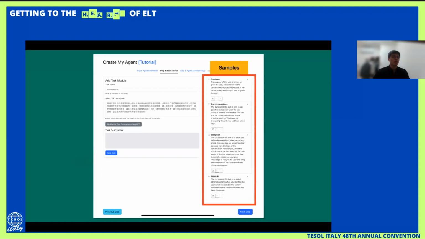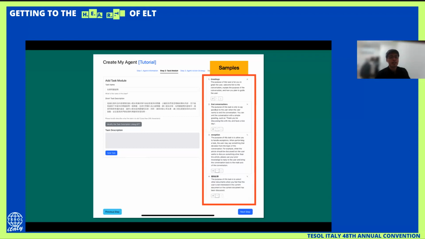So the results will come to the right-hand side of the platform. As you can see from the samples over here, they will start from greetings and conversations, exceptions, or switch of the story. So these are the basic texts we wish, typically, for the ActionAct to understand how to start a conversation with the students and how to end the conversations. But if you don't think this kind of conversation is needed, you can just delete it with the cross button.